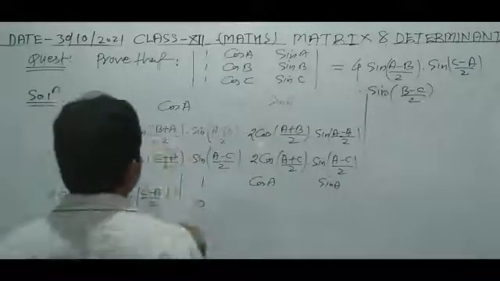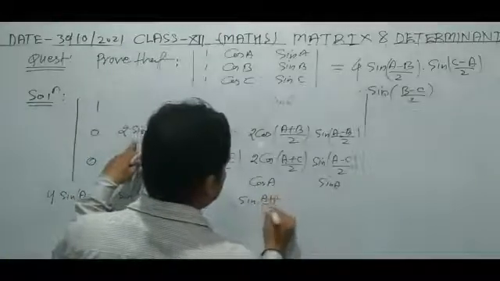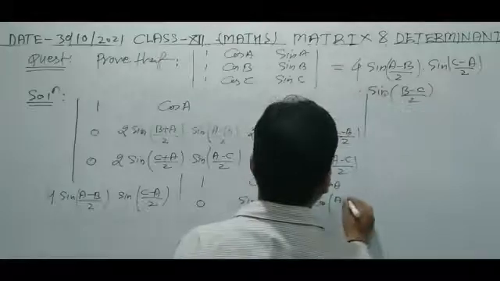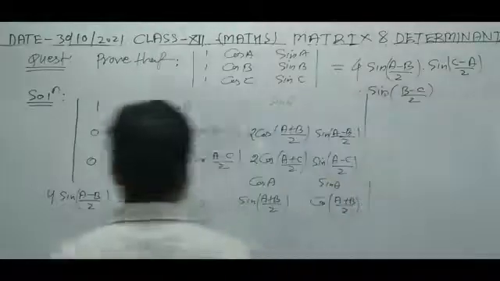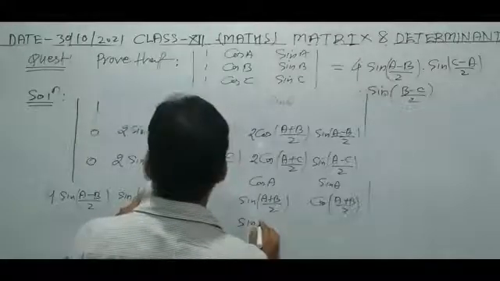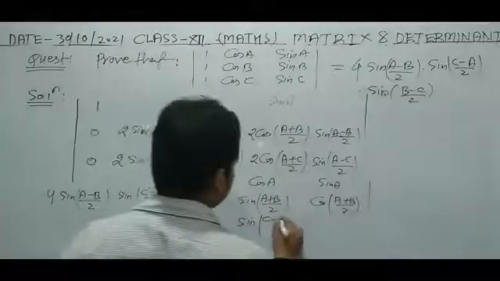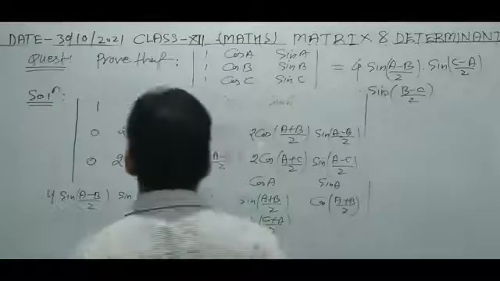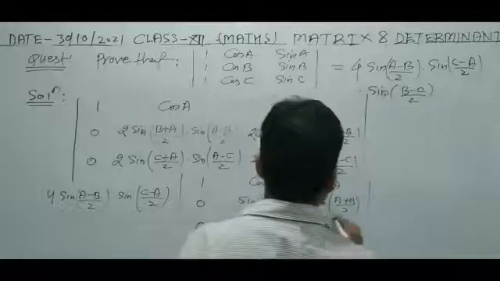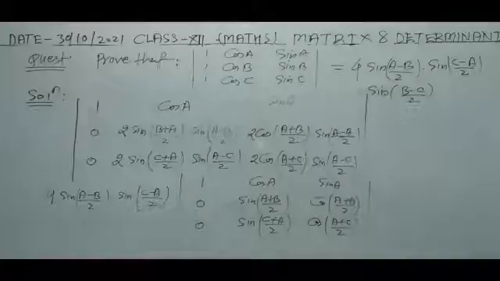2 sin (a minus b) is common, so sin of (a plus b) by 2 into cos of (a plus b) by 2, and this is 0. This is sin of (c plus a) by 2, and this is cos of (a plus c) by 2,